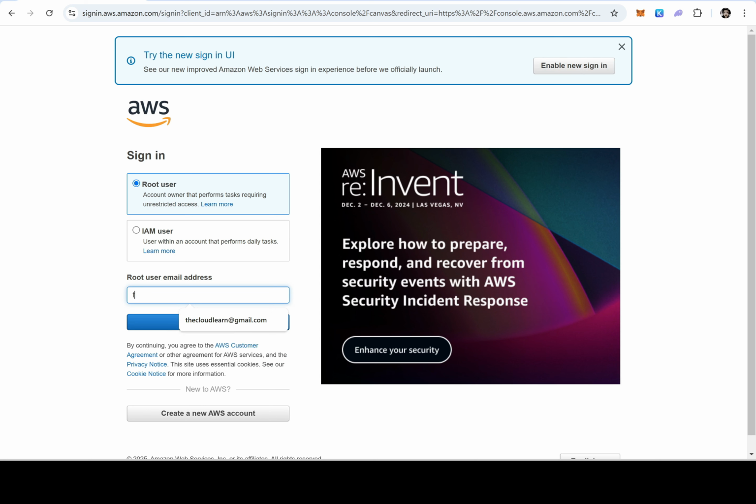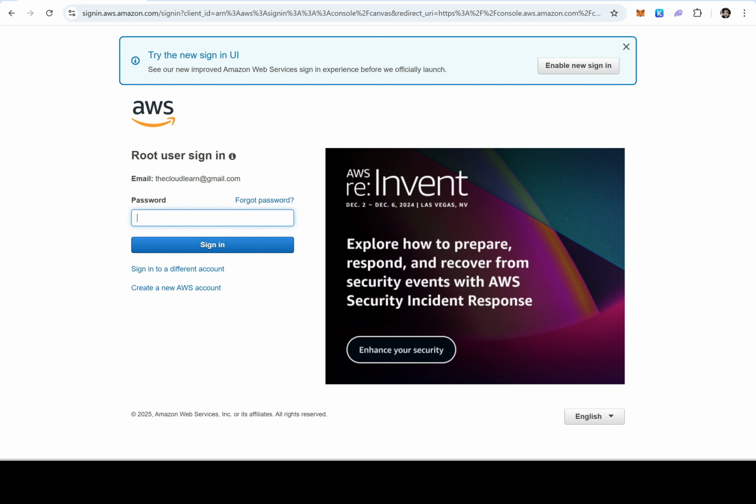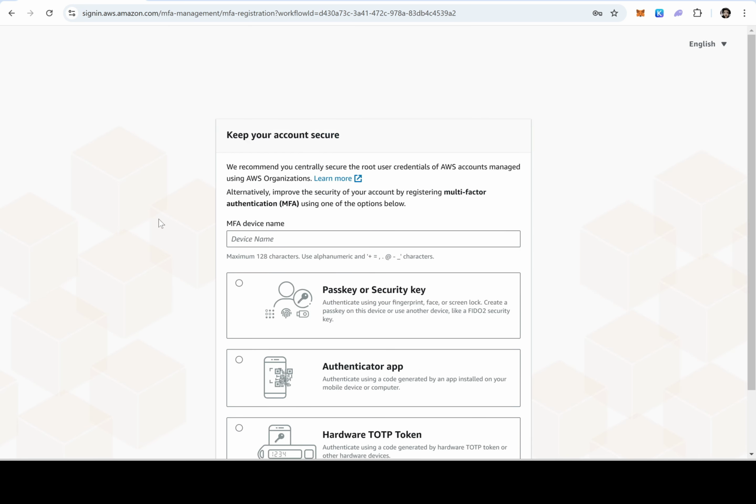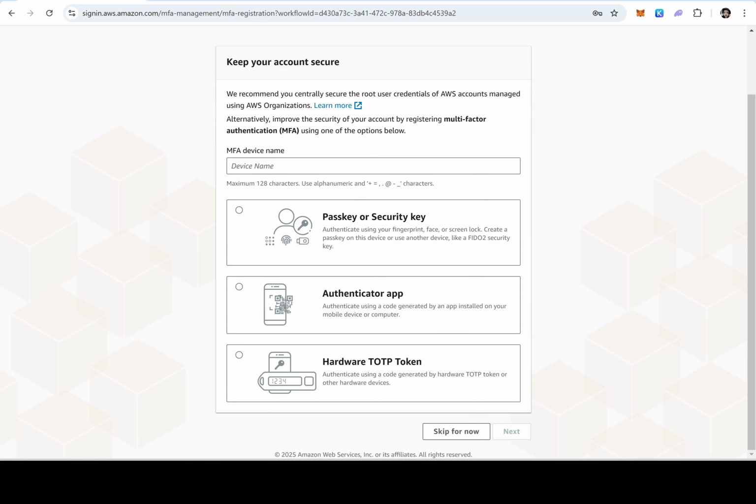Then here, enter the email address, the one which we have used at the time of account creation. Let me select this email, the cloudlearn@gmail.com. This is the one which we have used. Click on next and then the password. Done. Okay. For now, what I do is, what it is asking, keep your account secure, which means as of